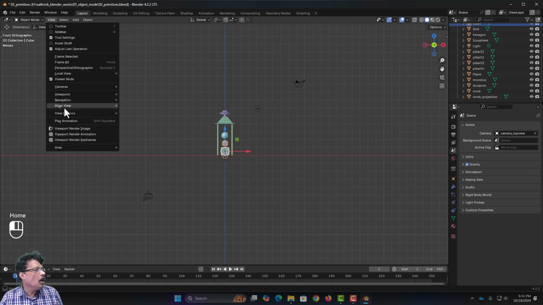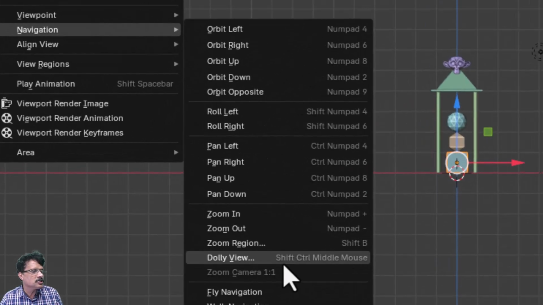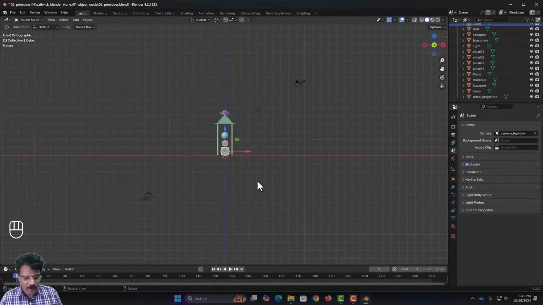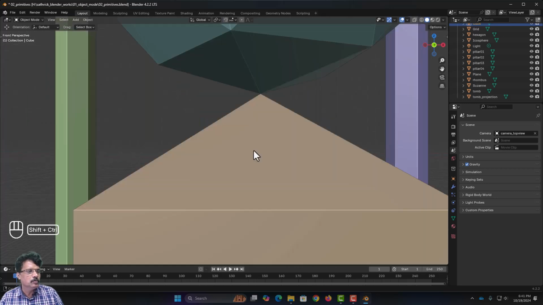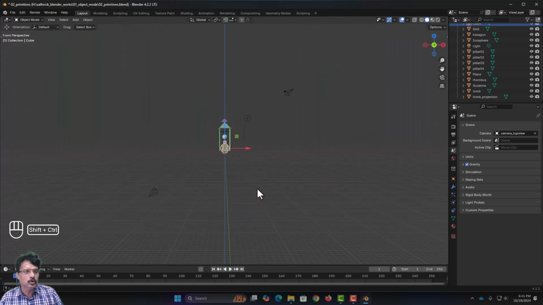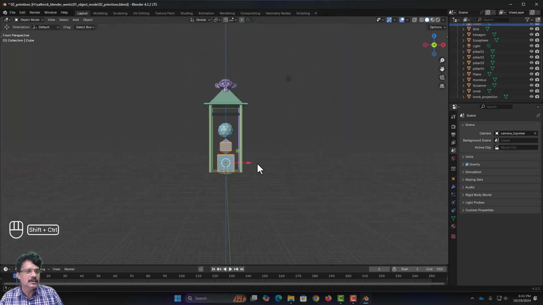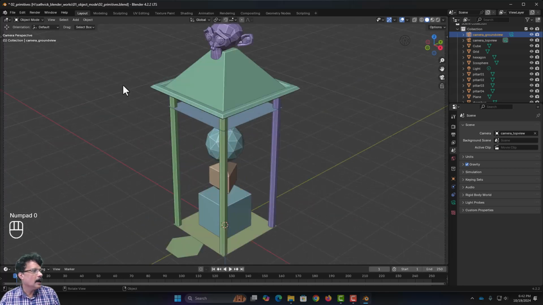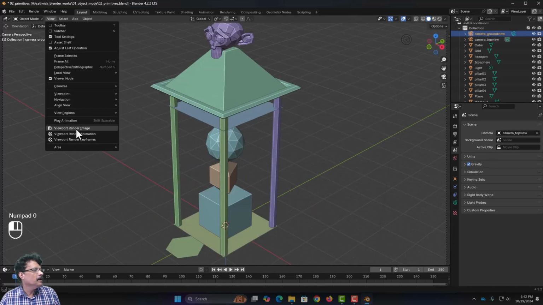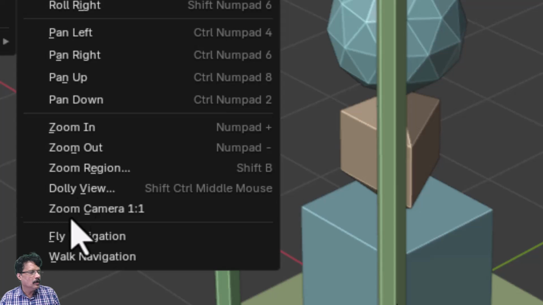Now the other option you have in navigation is dolly view. Dolly view means, see, if I press Ctrl Shift and press the middle mouse, you can just move in like this. This is like dollying your camera. See, it dollies like this. Okay. So if I come into the camera view and if I come into view navigation, now you have zoom